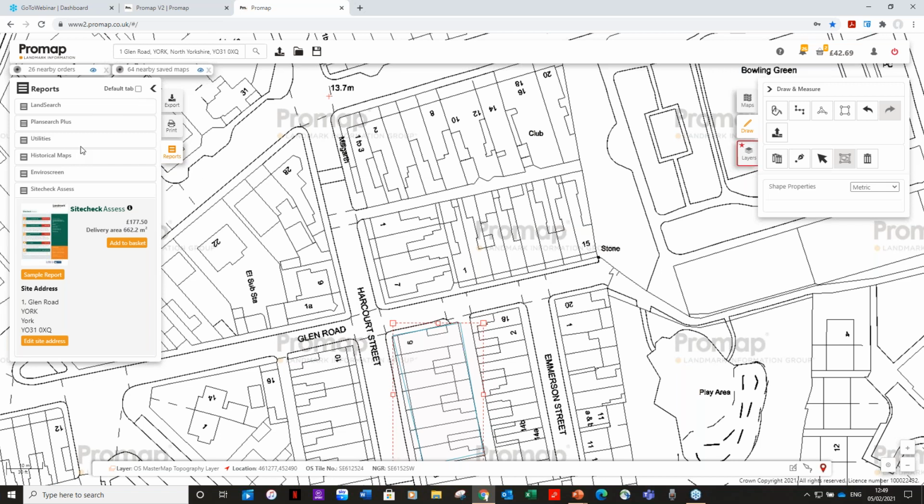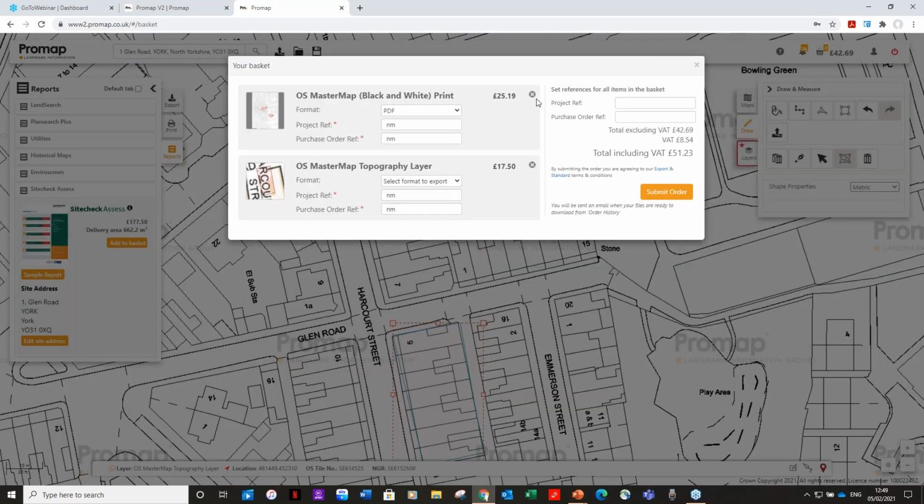Now, once you've selected your reports, again, it will just drop them into that shopping basket in the top right-hand corner. And let's say I've ordered everything I want to for my site today. So we click on the basket, view the basket, and I'm into my checkout screen. Make sure that I've got the right format for my print in there, enter my project and references that I need. For my export, I just select the format that I want for the export,